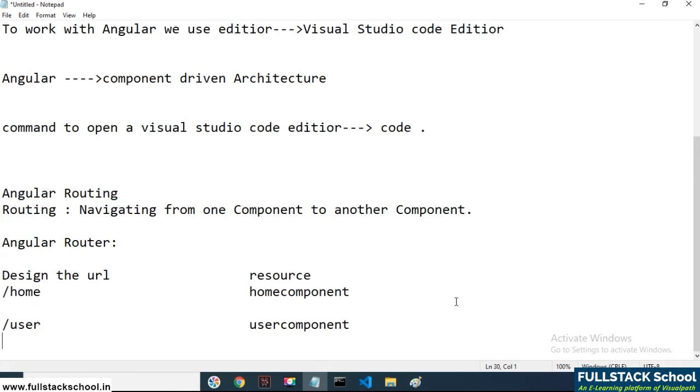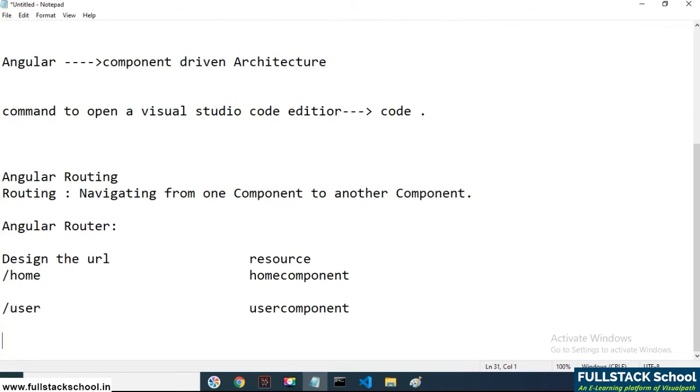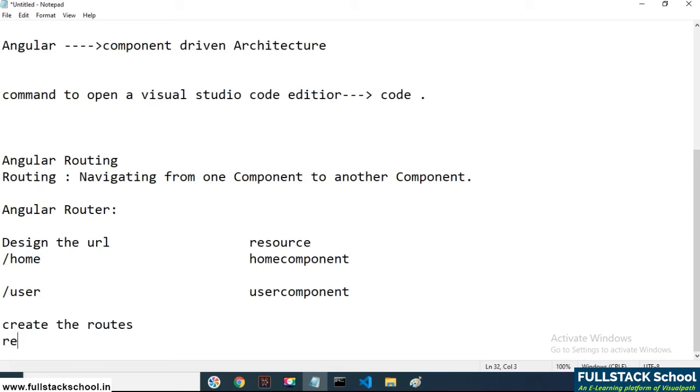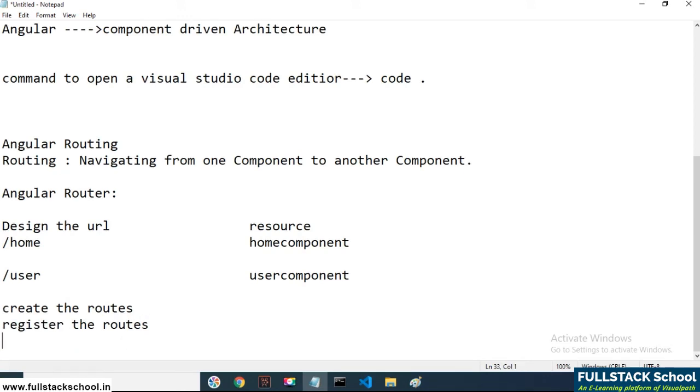To do such a process, we need to do three things. One is create the routes, register the routes, then populate the routes. These are the three things we require when creating a routing process for the current application.